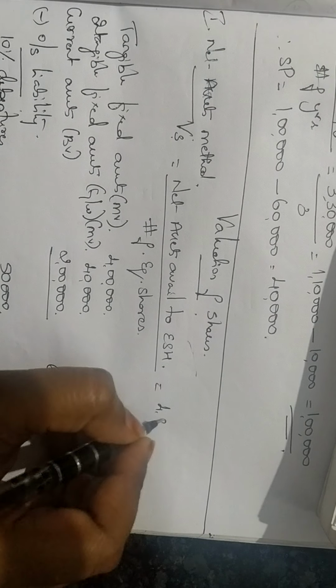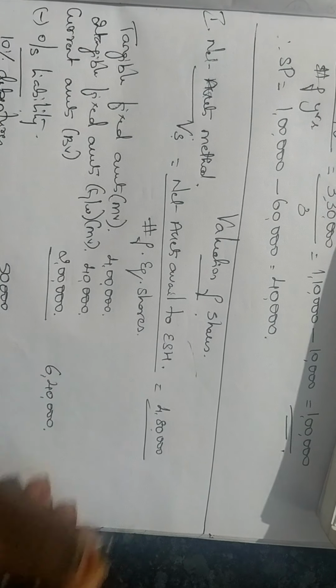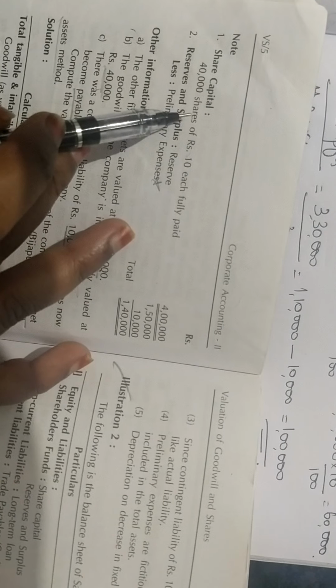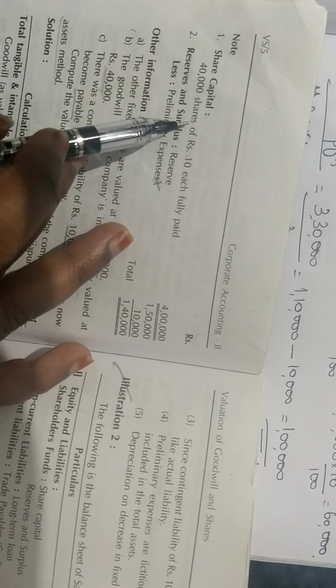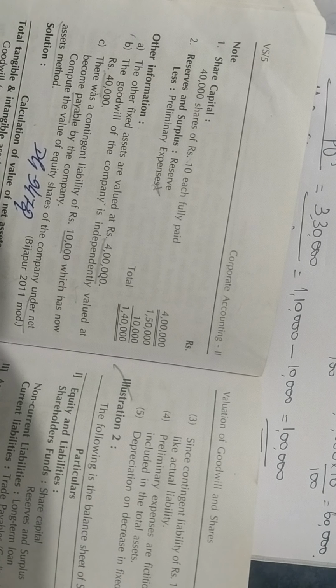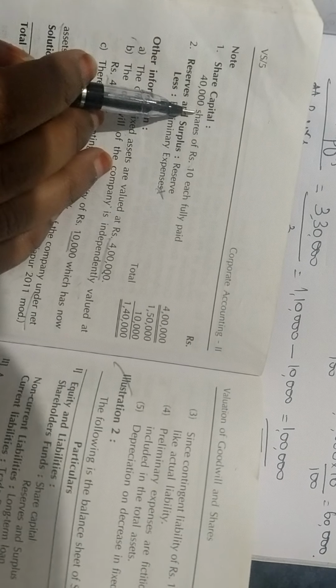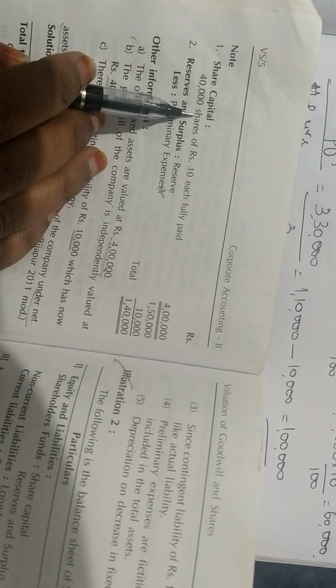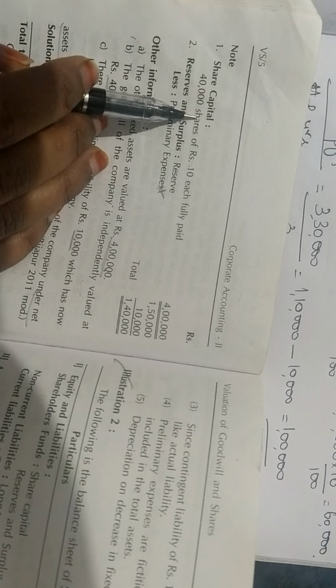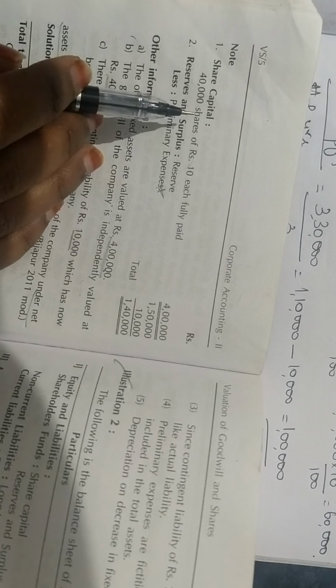Net assets available, what we have calculated is 4,80,000 divided by number of equity shares. So look into the question, see how many shares you have. You have only one class of shares. Usually problems might have one class or class 1, class 2, like that shares. But in this problem we don't have different classes. We have only one class of shares, which is 40,000. Nothing is mentioned whether it is preference or equity. When nothing is mentioned, we assume it to be equity.